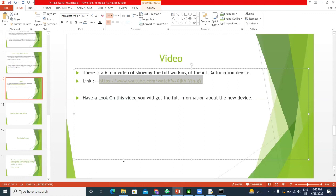Where is the file? Can't see. I have it. There is the